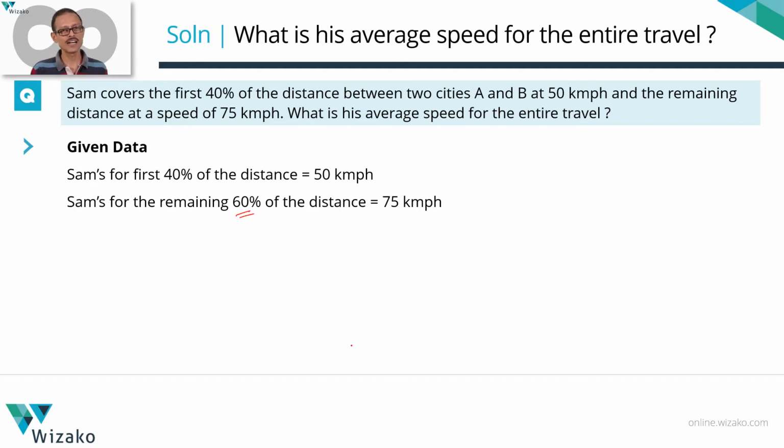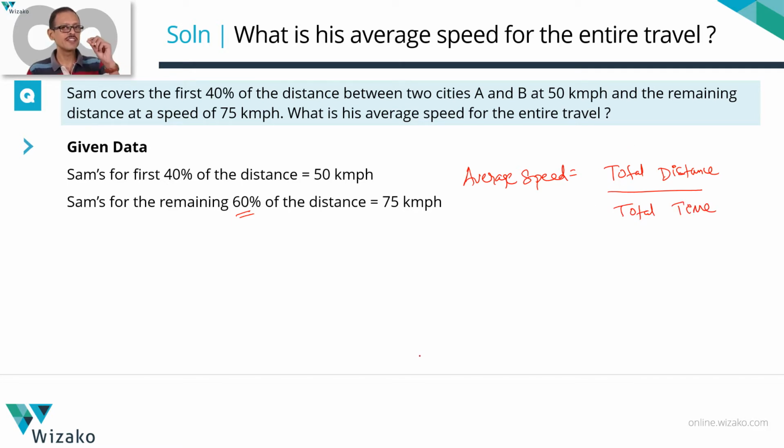How does one compute the average speed? You might have multiple formulae, but all of these formulae for average speed stem from this core idea about what average speed is. Average speed is nothing but the total distance traveled divided by the total time taken. So average speed is equal to the total distance, end to end from city A to city B, divided by the total time taken for this entire journey. That is going to give us the average speed. This works in every single case.